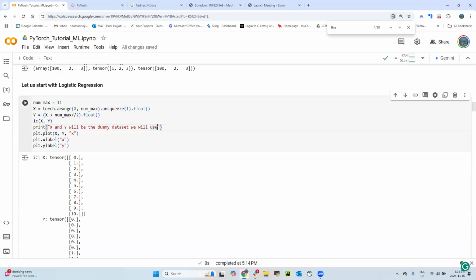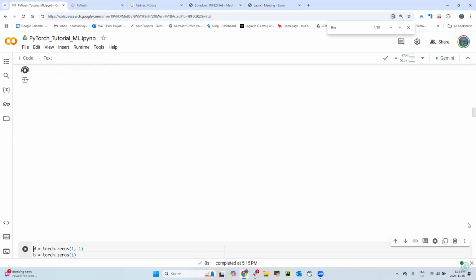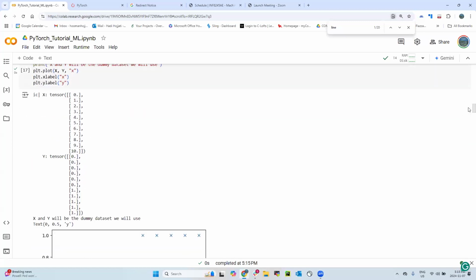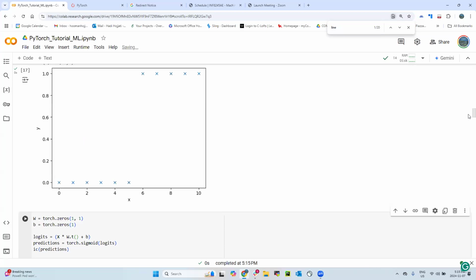So we start with logistic regression. You're familiar with logistic regression. And we're creating a very simple data set. This is my toy dummy data set. My features are from 0 to 10. If that feature is bigger than 5, it's going to be labeled 1. Otherwise, it's going to be labeled 0. If I plot it, it will look like this. It's a very simple, kind of stupid data set, but this is just for